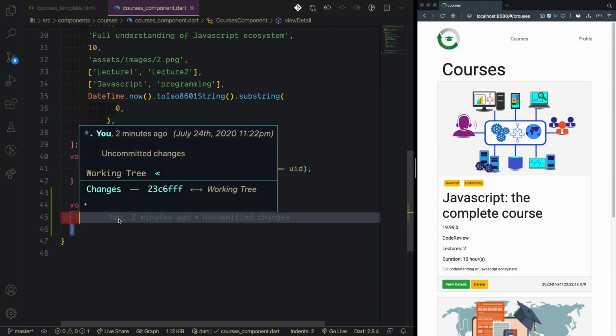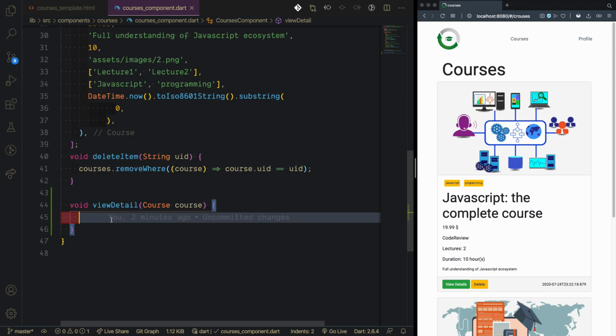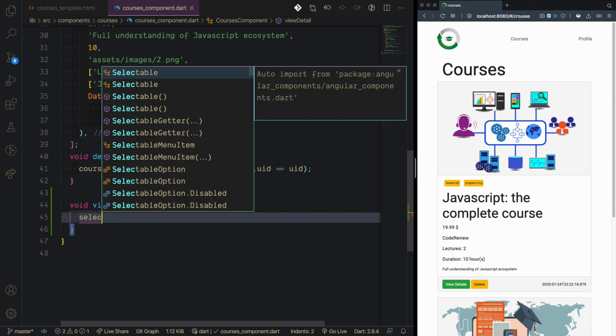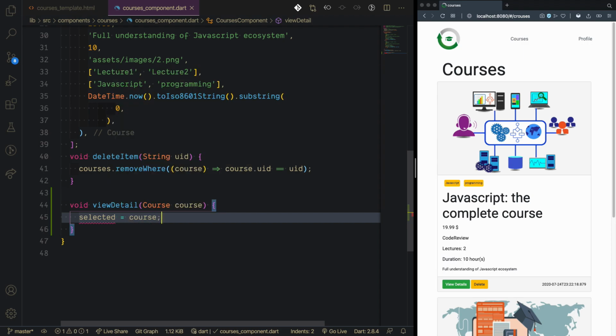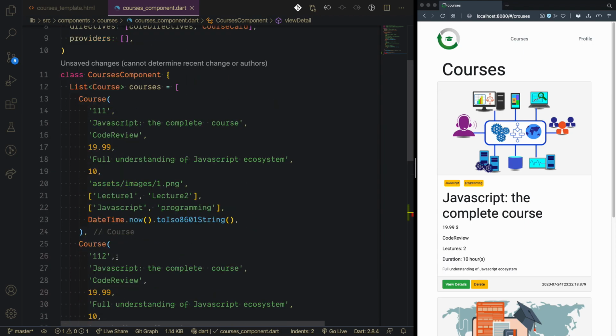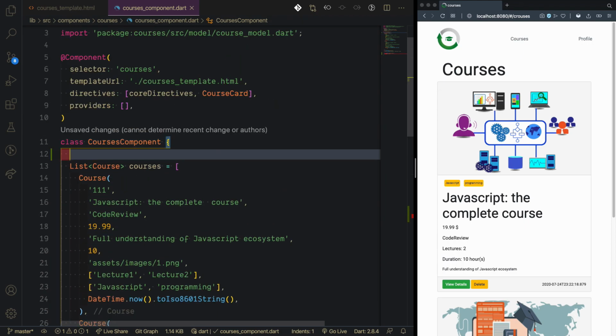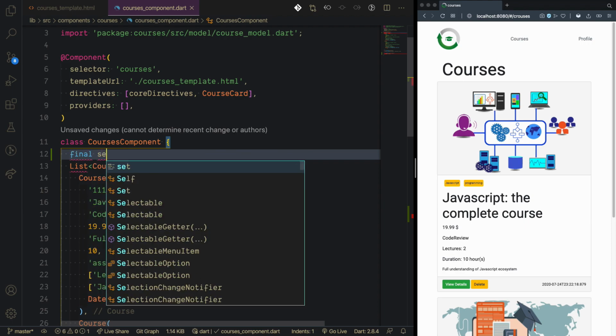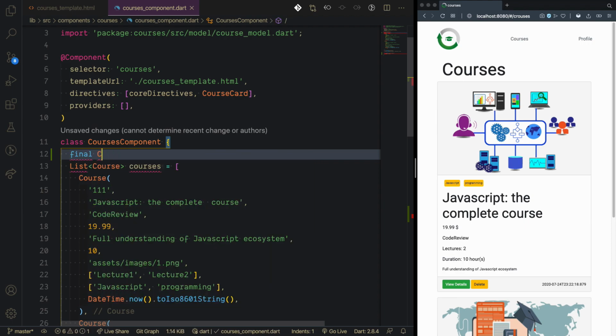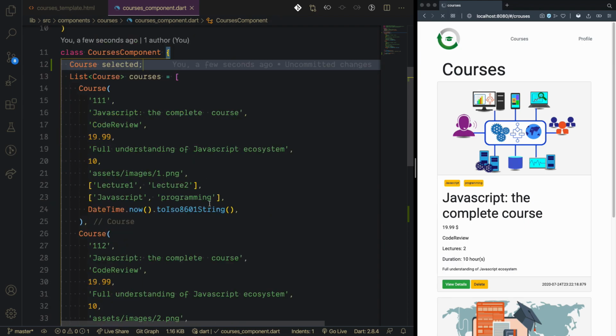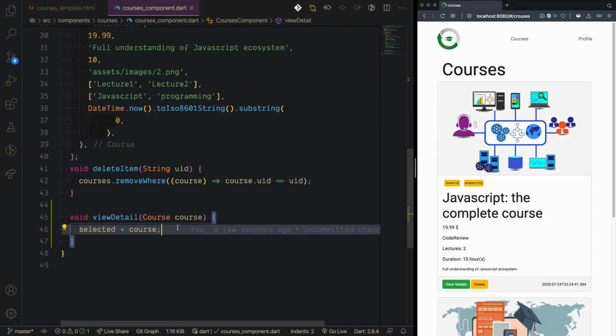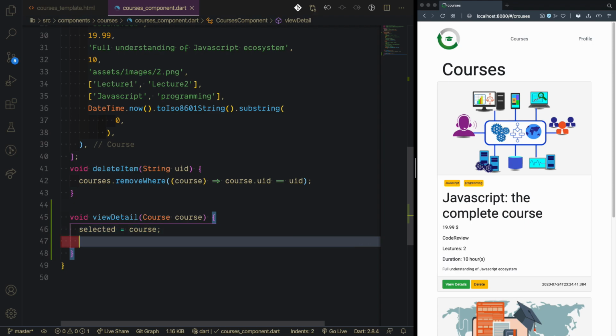Now first, after injecting the course inside the view detail function, we just say selected here, and we just say this is a course. Since we don't have the selected instance, we're going to create this instance, and we say final course, or maybe it's not final, so we'll make just a course and then say selected. So the selected is type of course, so now we have our course, and inside the view detail we return